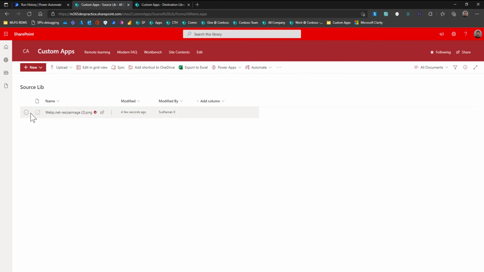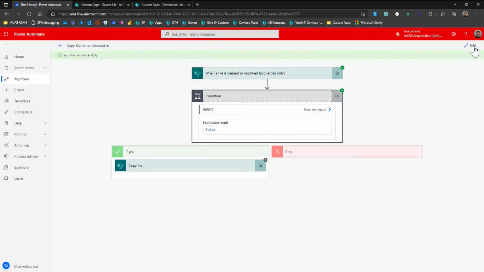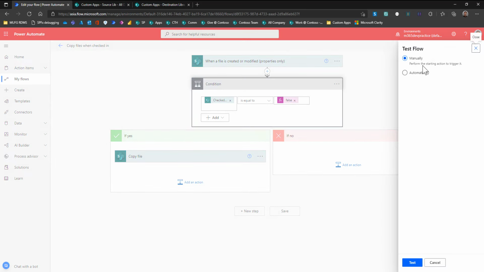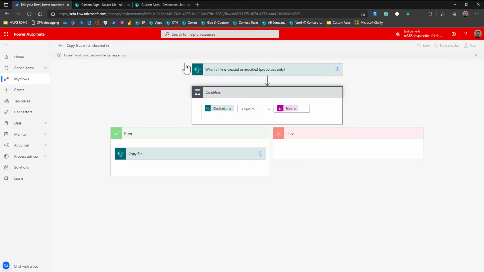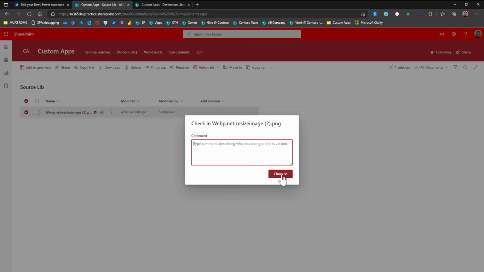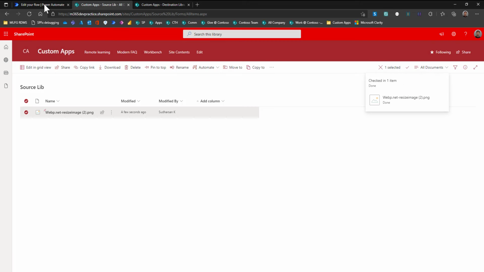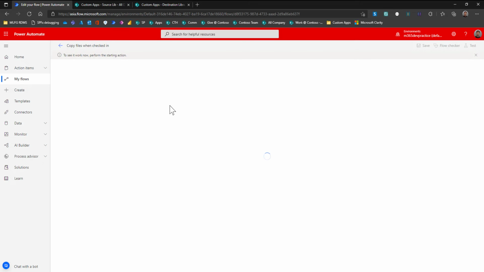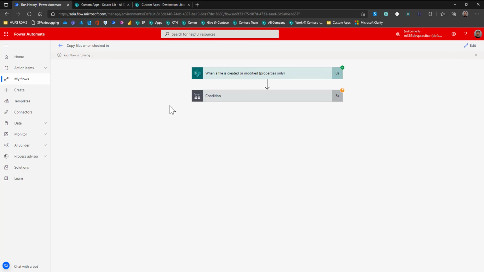Now, if I check in this file, before that, let me start the test process again. I'm just going to check in. Just click check in. Now the flow should trigger and the copy file action should be executed, and the file from the source library should be transferred to the destination library.